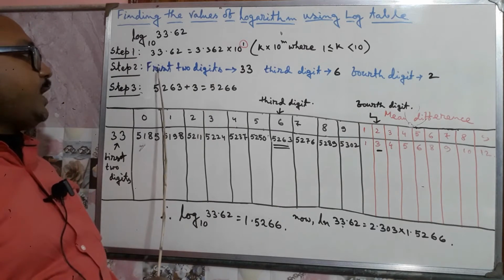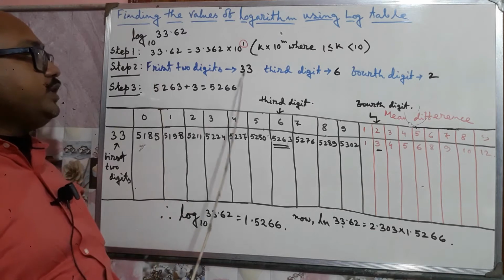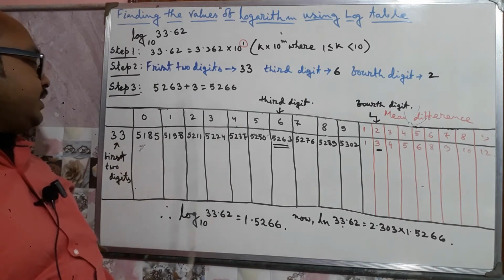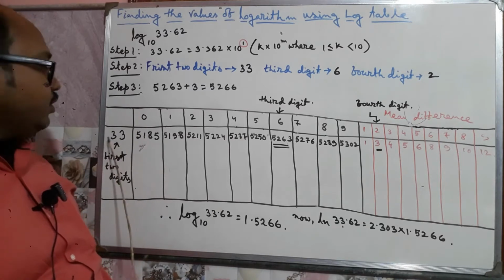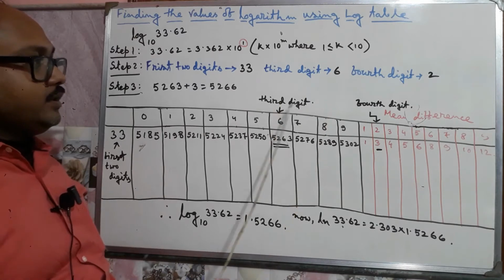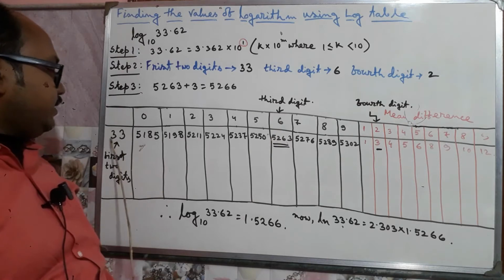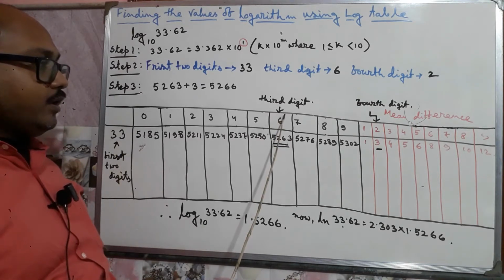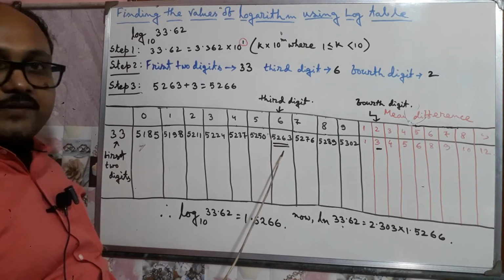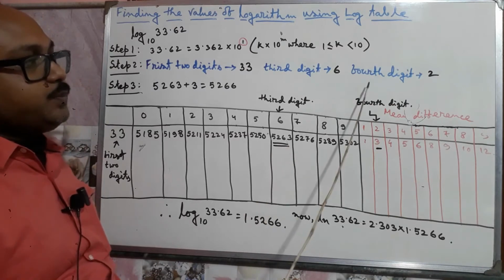Now come to the log table. The first two digits confirm the row, that is 33. We have to see the row of the value 33. The third digit, 6, will confirm the column, that is the row of 33 and the column of 6. What is the value there? You see 5263, and this fourth digit